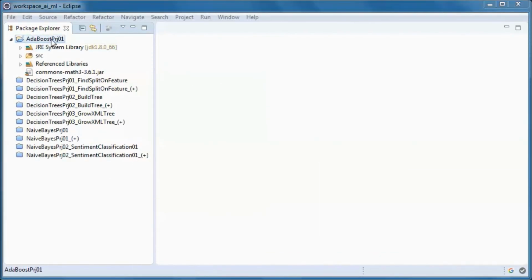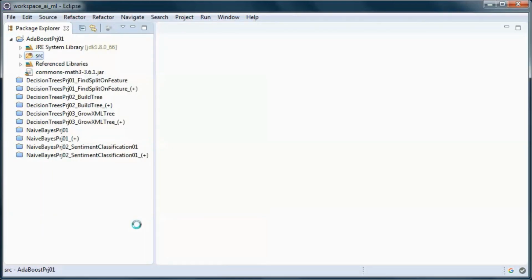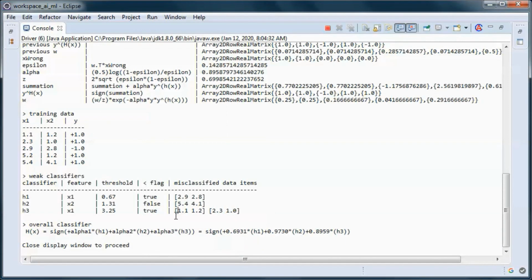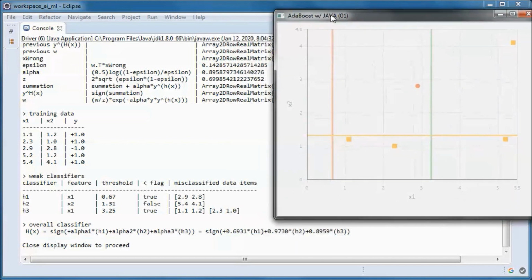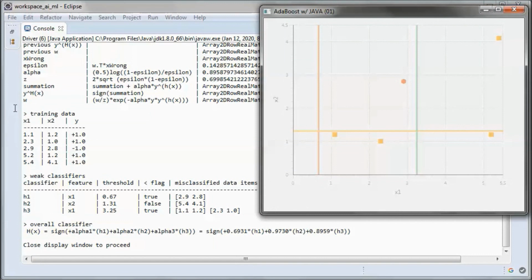This is a pre-built version of the application. So if we go ahead and run it, and this is training data that we will be using.